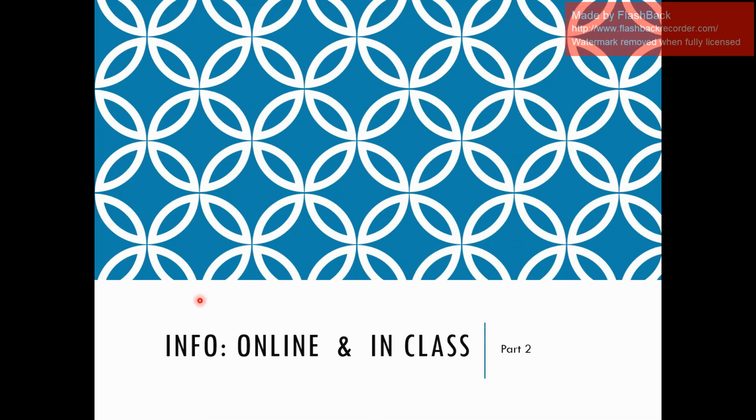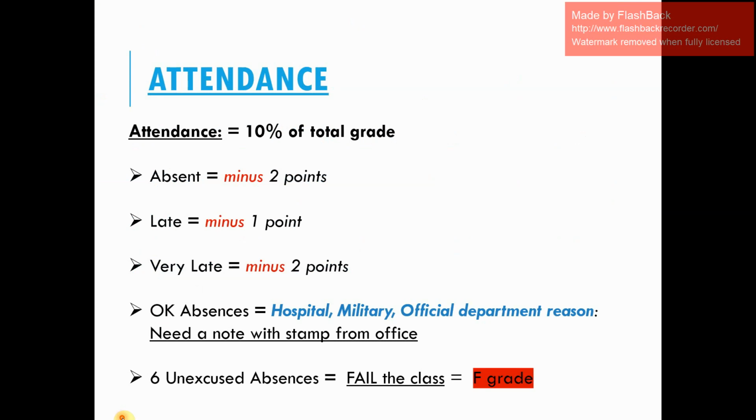We'll be talking about some more information about our class, and basically, there's two different styles we need to talk about: online and in class. Because the first 2 weeks we will be online, and then later we will be in class. So there's going to be different information depending on if we are using the UClass website or if we are meeting in the university classroom. A lot of information here. Let's go ahead and get started.